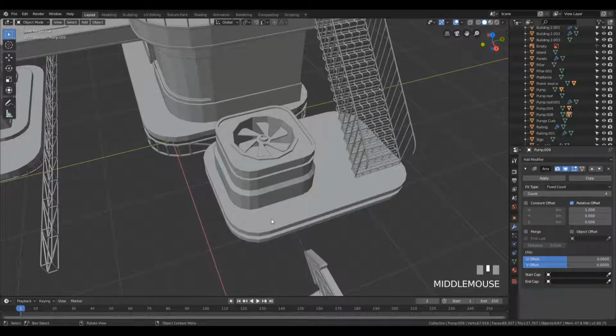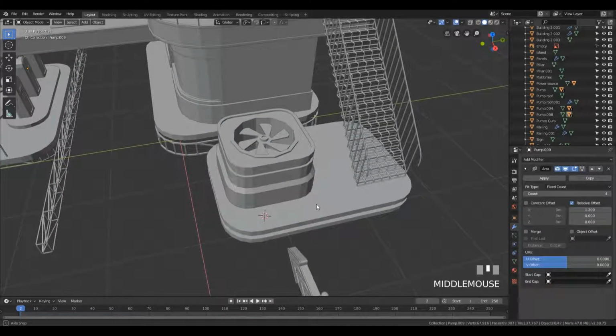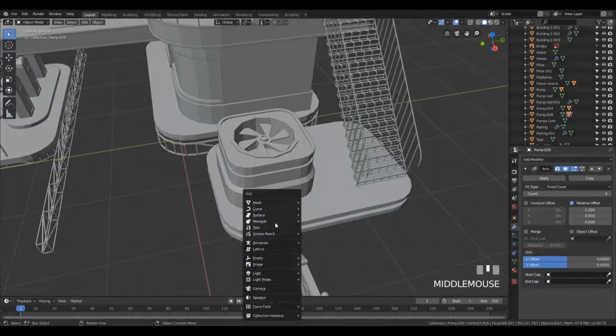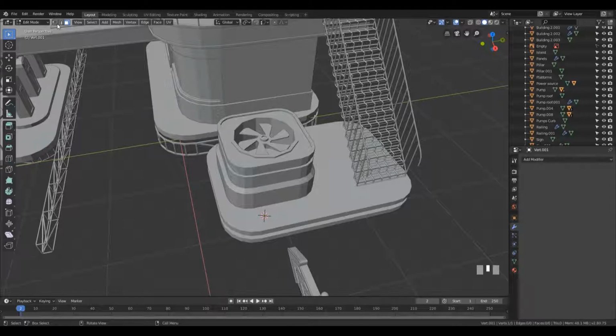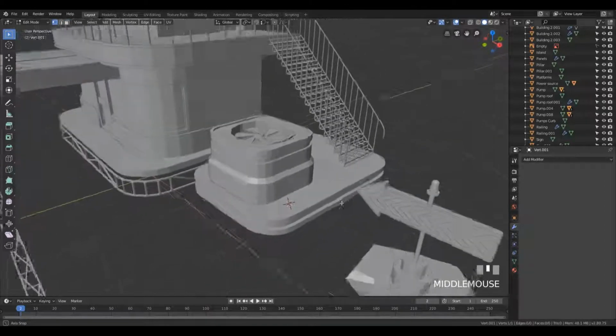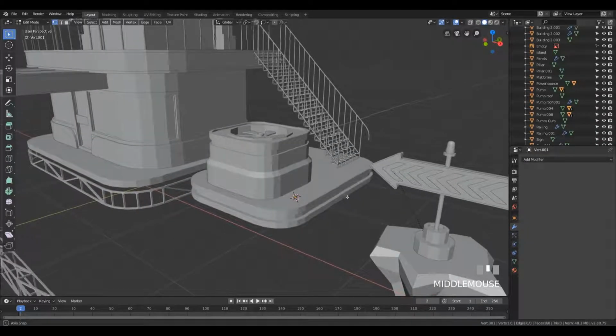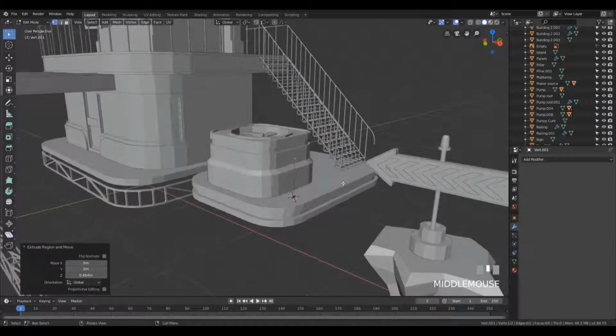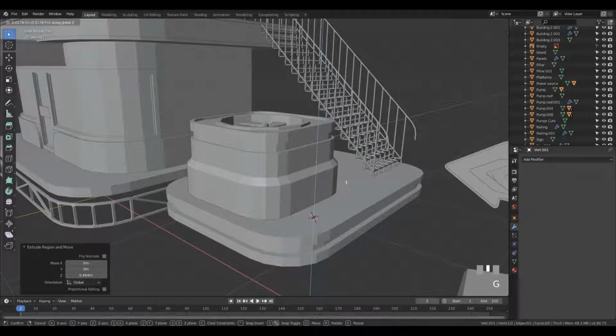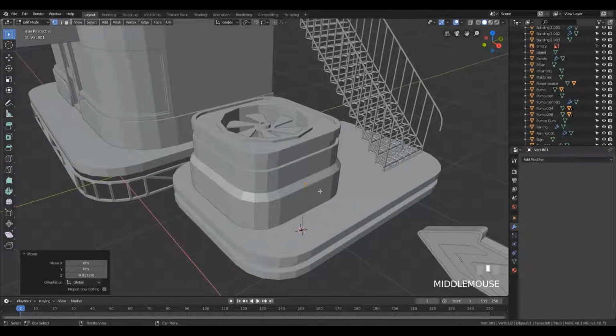So yeah, let's add a cursor around here and press Shift A to add, and let's add a single vert as before. Now don't forget to switch to the vertex select, and we'll extrude this as a base for a pipe. So let's press E and Z and extrude that up somewhere here, maybe not so much. And now I want to extrude that into the box, so let's press E again, X, and extrude until the